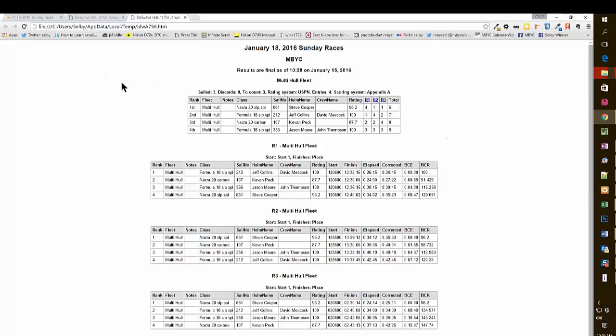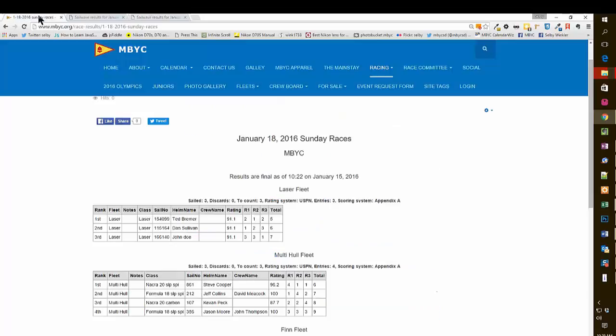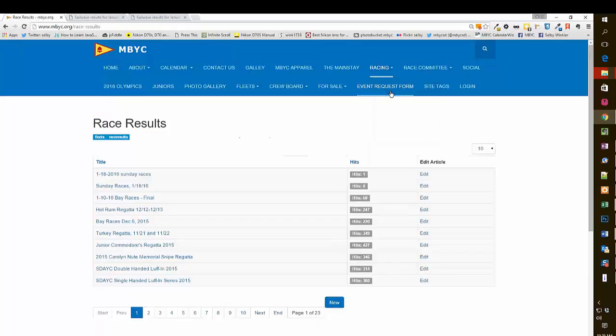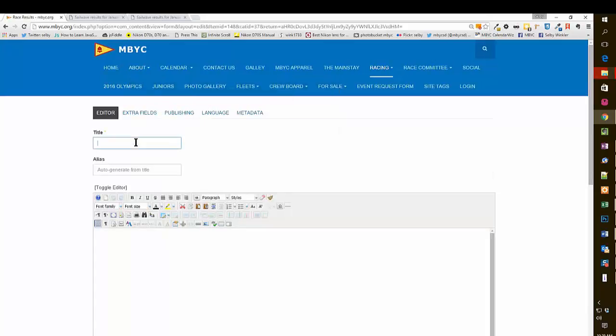But otherwise, what you can do is the Control A and then Control C to copy it, and you're going to go back to the club site, and you're still in the edit mode, so you're going to navigate back to race results, and you're going to click new again. And the title is going to be the same date, 1/18/2016. You could do everything the same, but at the end you need to add the